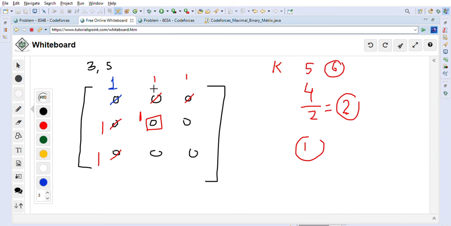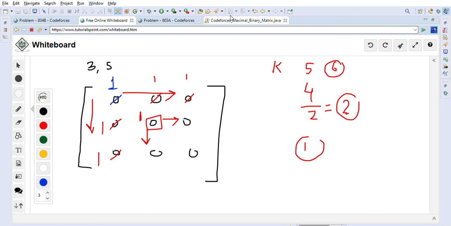So what we did is, first we understood what the maximal matrix is. Maximal matrix is like where we have to expand like this basically, right, from this one, and we will expand like this, right, gradually. So even if other matrices are symmetrical, it's not necessarily the maximal, right? We wanted to create the maximal binary matrix, so we are expanding like this basically, right? Again, if we go here 1, then we will expand like this if we have more ones left, right? So this is the way.